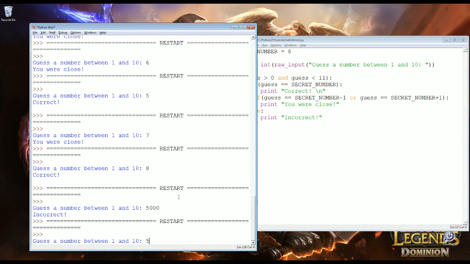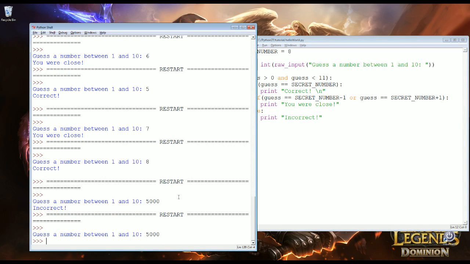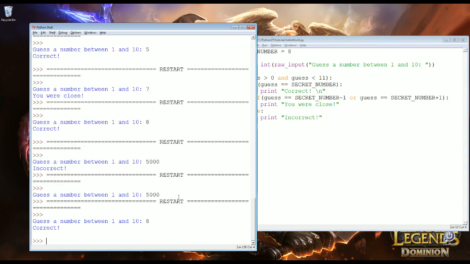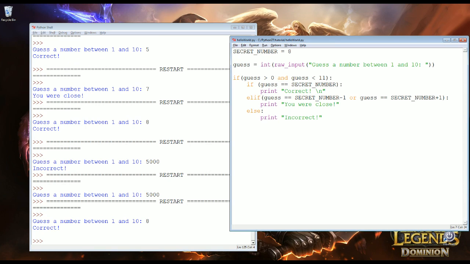So if I give it a number like 5,000 now, nothing happens. But if I give it a number like 8, it's correct. It actually went through and checked, and found my number was the right one, and then it was all good. But now we do another else. So else, if it was anything other than a correct answer, then we say print,